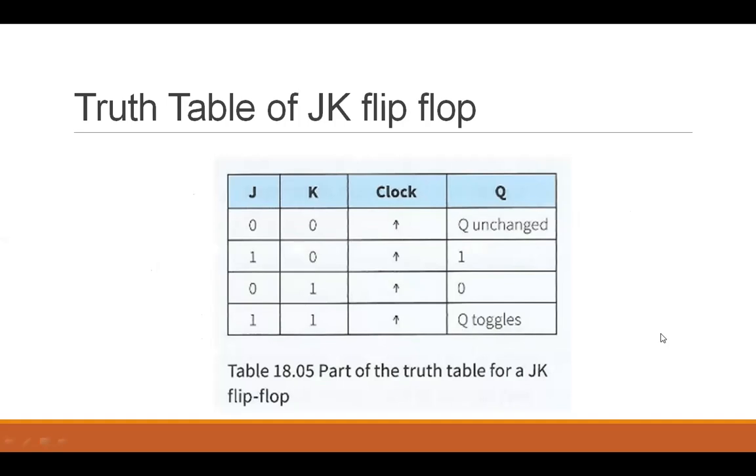The first case scenarios are just the same as the SR flip-flop. In case of 0, 0, the Q was unchanged, and in case of 1, 0, the Q was 1, and in 0, 1, the Q was 0. But in case of 1, 1, the Q starts to toggle from 0 to 1 and 1 to 0, and actually that is very important because this phenomenon is used to make our counters, and we can use edge triggering to actually stop this, control this, but that's not the part of our discussion today.